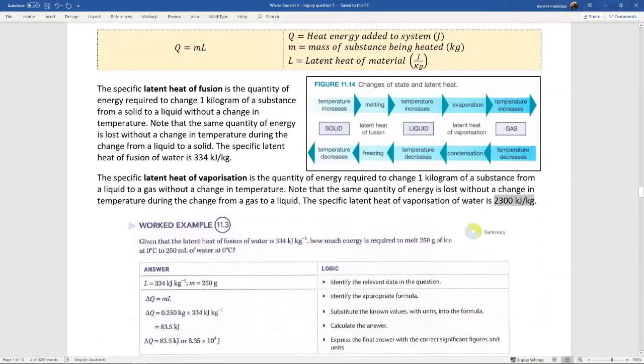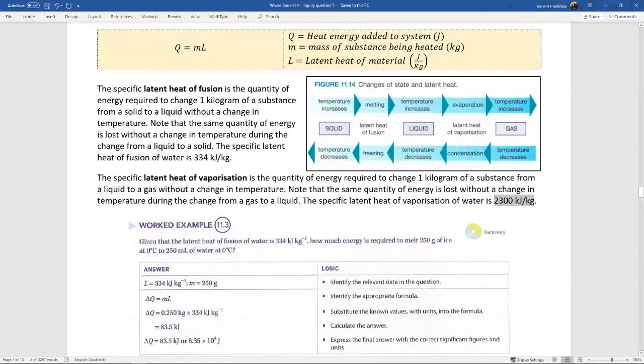It gets to that state where you have to go through the latent heat of fusion. Some energy is added to change the state. Once it's a complete liquid, you can heat it up. Now you have to go through the latent heat of vaporization, where you change the liquid into a gas. Once it's a gas, it stays as a gas until it becomes plasma, or you can